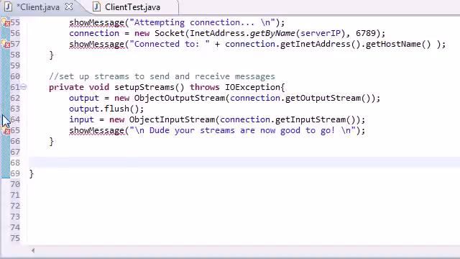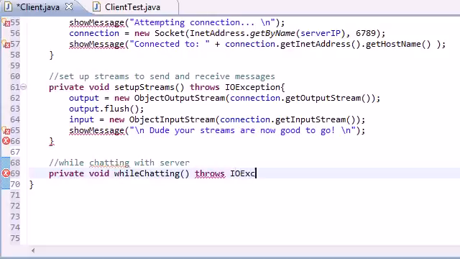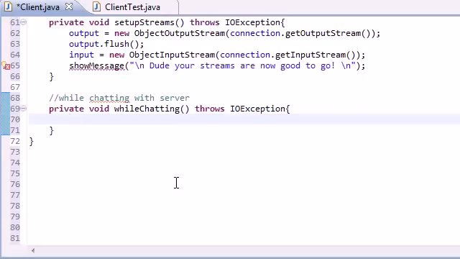Alrighty guys, now let's go ahead and code the while chatting method. So while chatting with server, and this of course is private void whileChatting, throws IOException. Looking good. So the first thing we want to do is, now that they are connected and they can begin